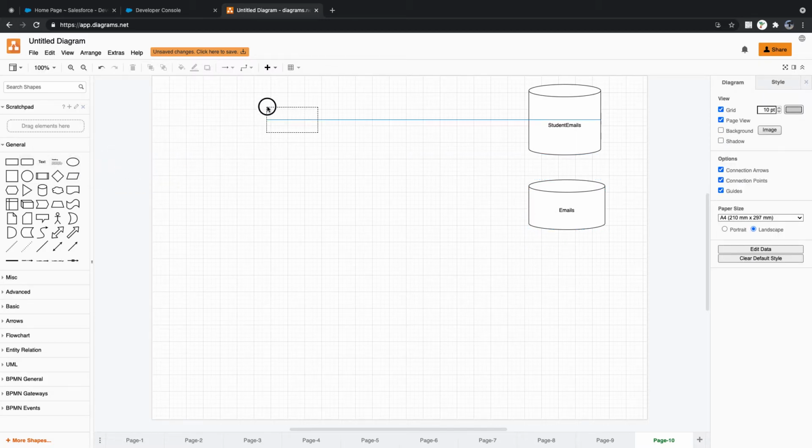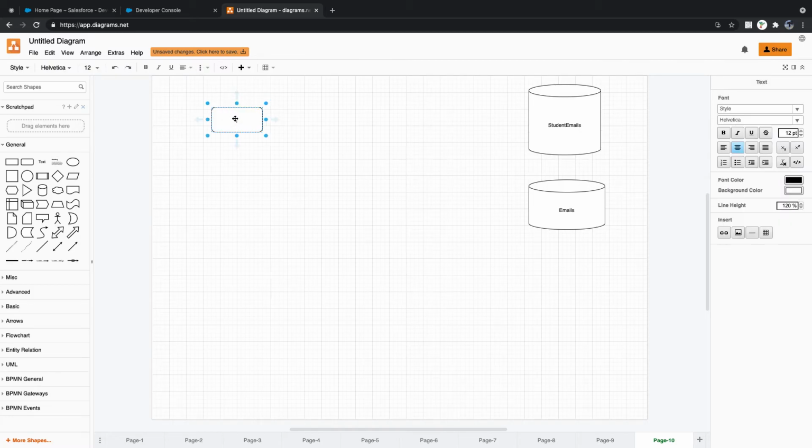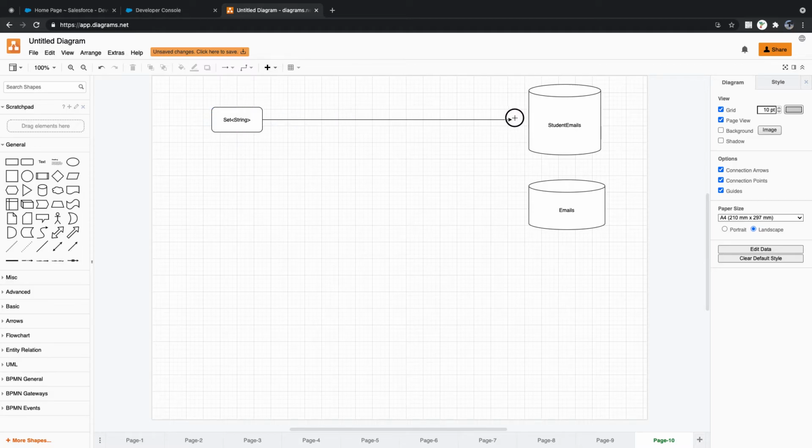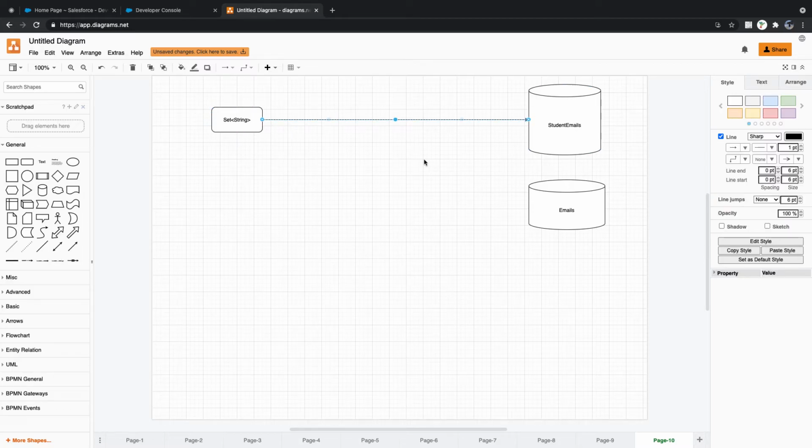And I had one variable here, set of string, which is holding my student email information, isn't it?